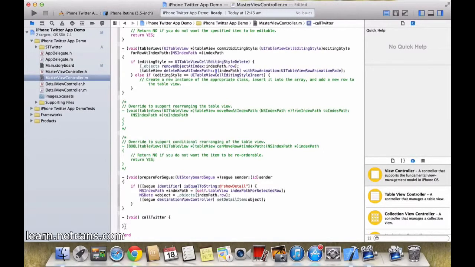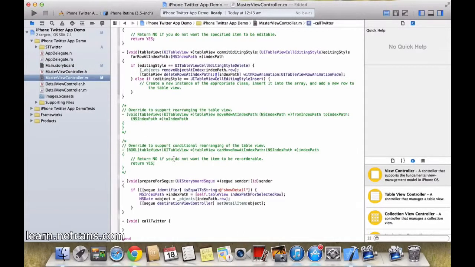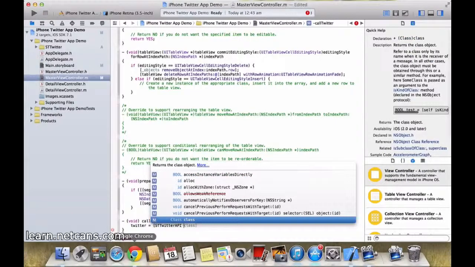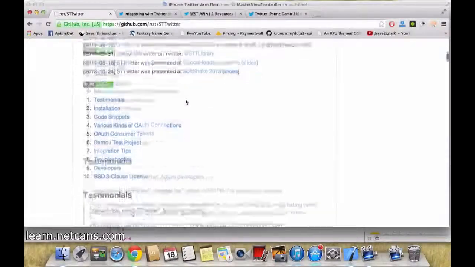Here I'm not declaring the method in the header file, which is actually a bad practice, but I'm making a quick tutorial, so you should always put the declaration in the header file for your methods. So here what we will do is allocate and initialize the STTwitter variable which we declared. Okay, let's take a look at the readme file of STTwitter.